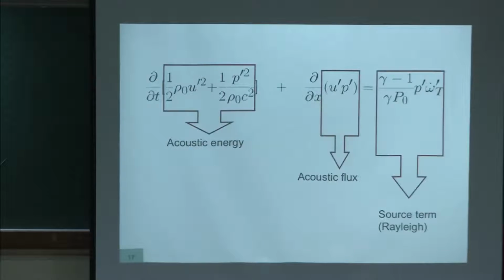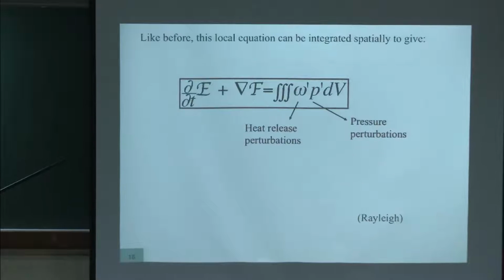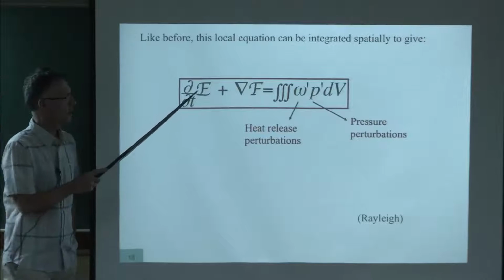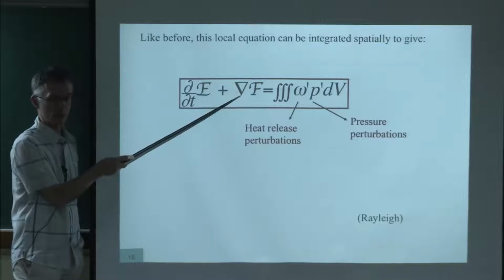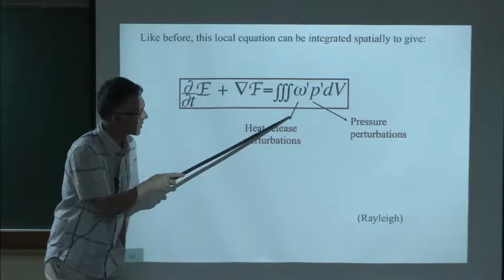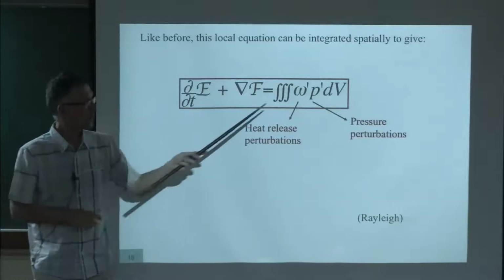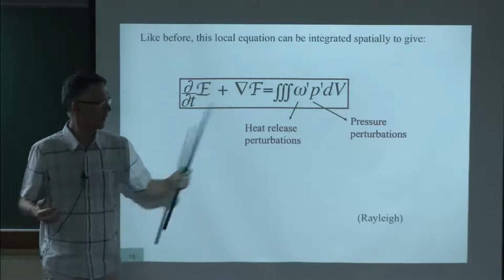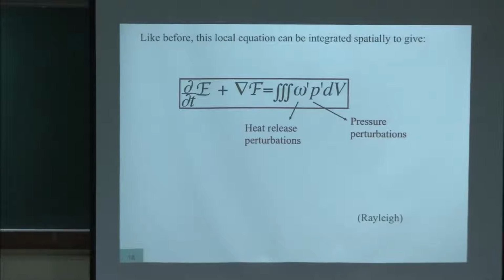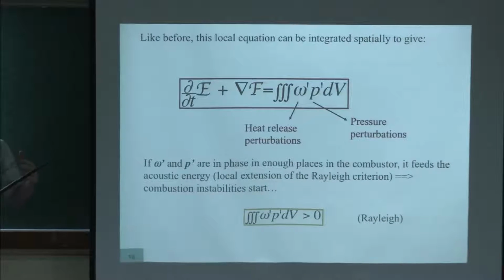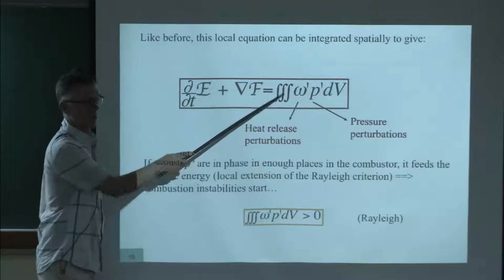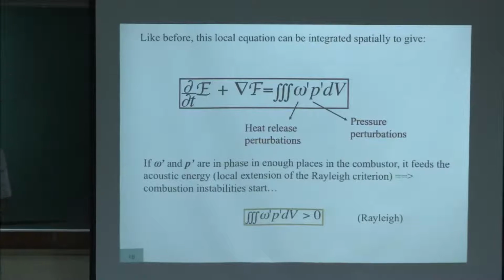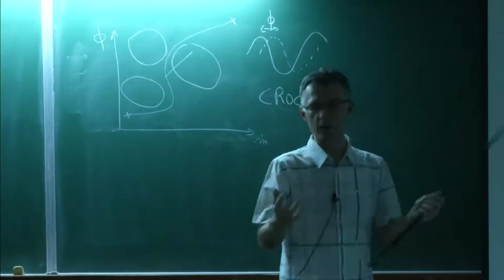So you can do what I've done before, you can integrate this equation over space to obtain this equation. The time derivative of the acoustic energy in a combustor is driven by the flux of energy on the walls and a source term now, which is the integral over the whole domain of what we will call the Rayleigh criterion, omega prime p prime. And now you can say, exactly like we did for the swing, you can use this equation to directly give a stability criterion, which tells you that if this term is positive over a sufficiently long period of time, then the energy will grow. That means your system is unstable.